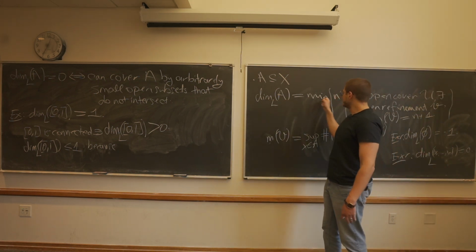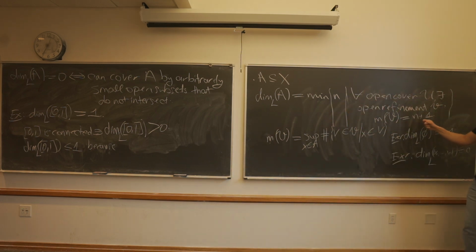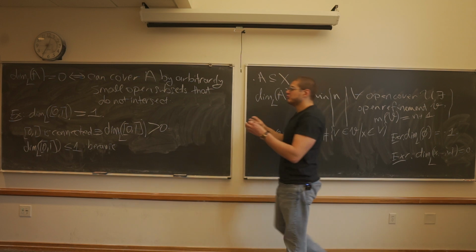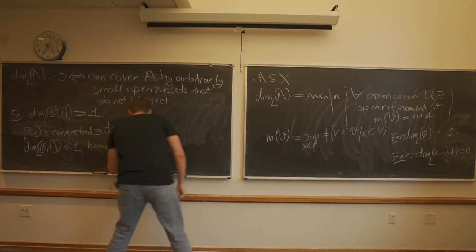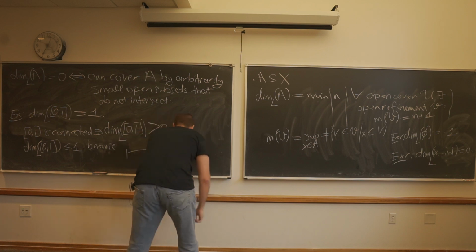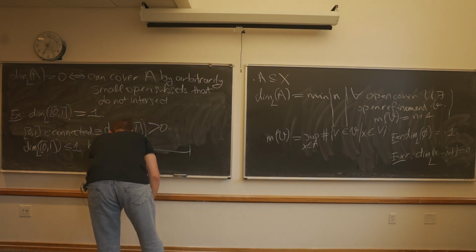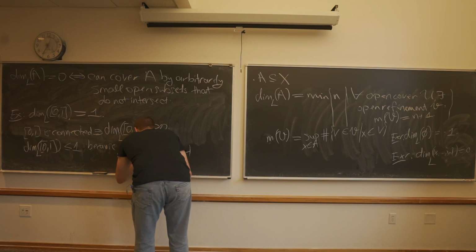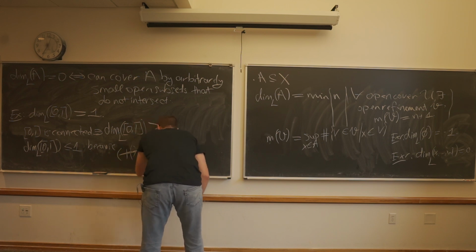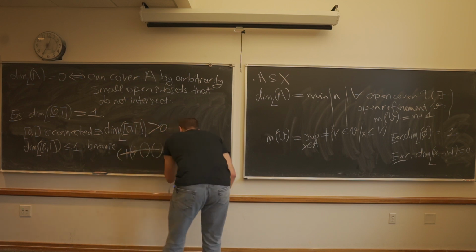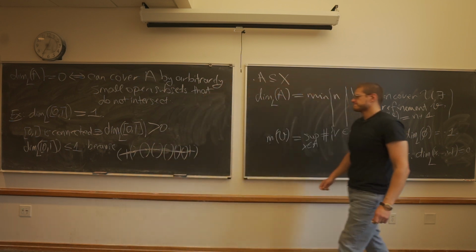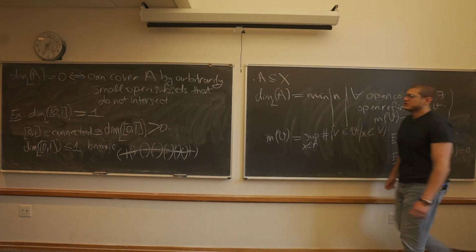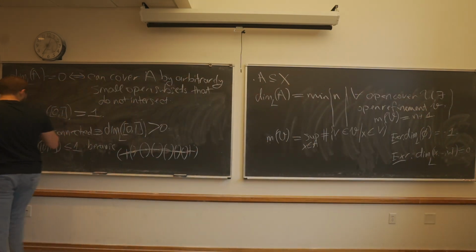so in order for dim to be equal to 1, multiplicity has to be 2. That is to say, at most any 2 cells in my cover should intersect. And that I can do. I can just look at sort of this open covering. Okay. And so that's sort of like a better argument as to why the Lebesgue covering dimension of